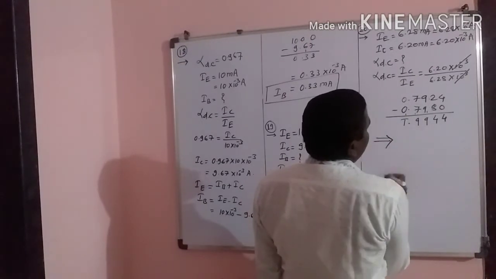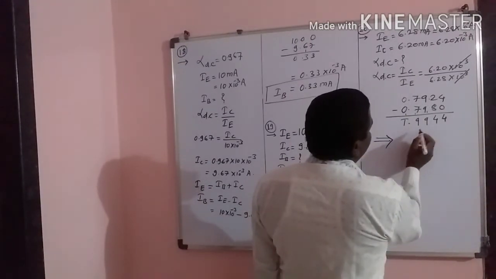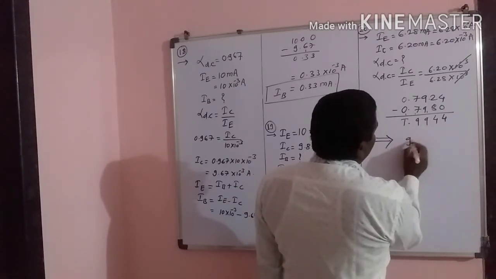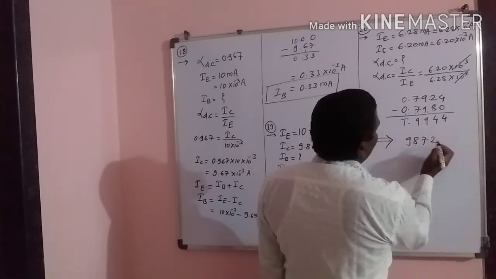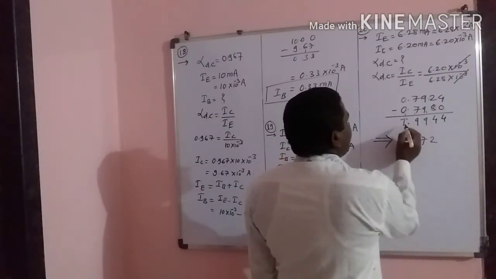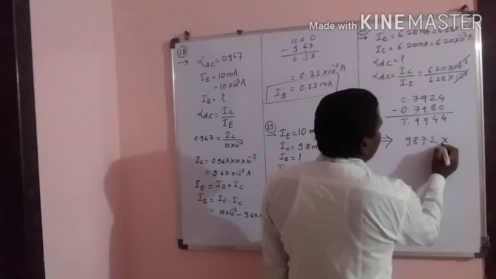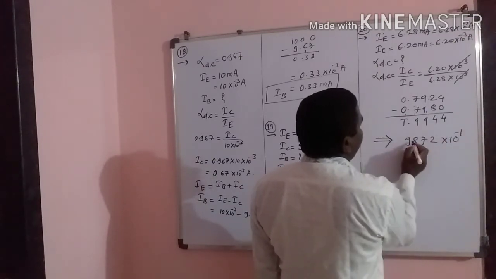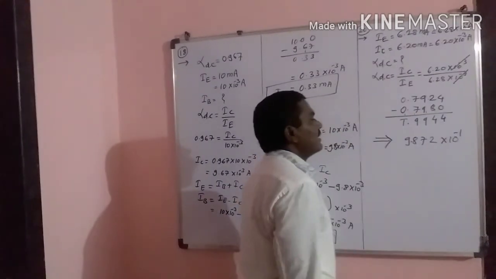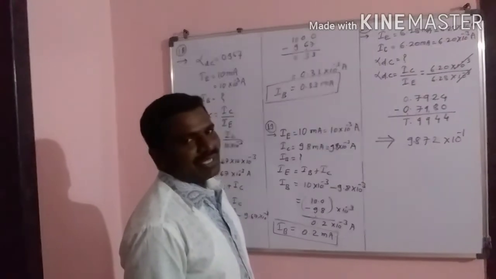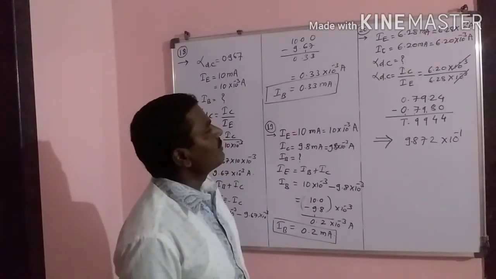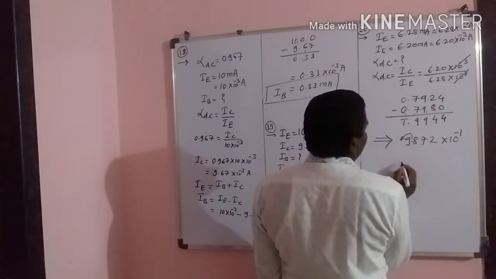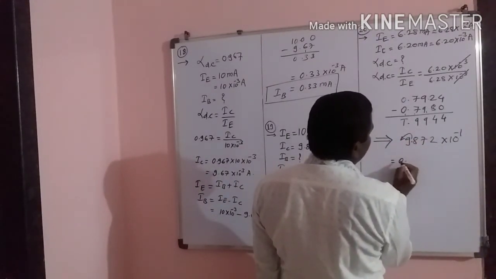After the decimal, 99 in 44 gives 9872, and the term before the decimal converts into a power of 10, so we write 10 to the power minus 1 and keep the decimal after one digit, that is 9.872 into 10 to the power minus 1. With 10 to the power minus 1, the decimal shifts to the left side, so we write